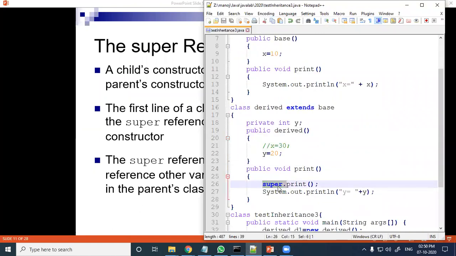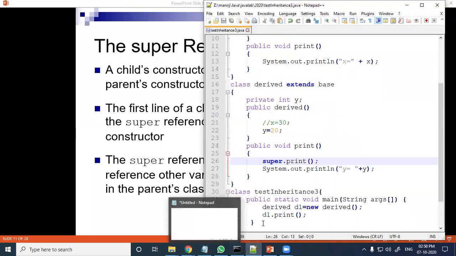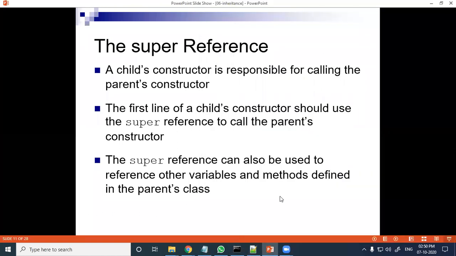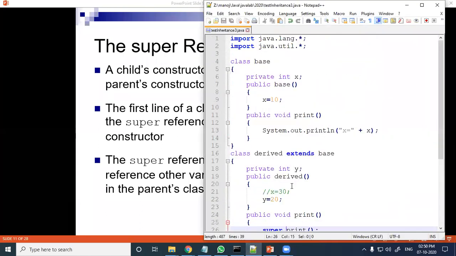And remember, you will write this super keyword inside the derived class only, not outside it. Here you cannot write d1 dot super print. Here only it is required. Now let us write a program where constructors will be called using super.